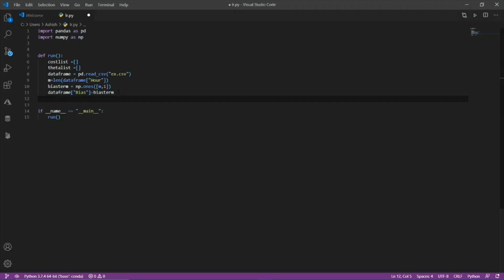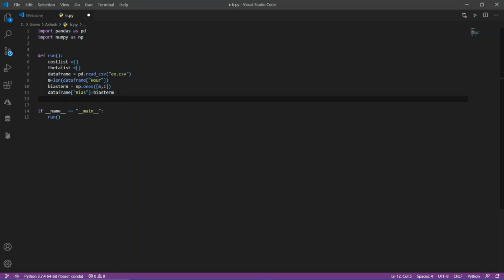Okay, now we need to pass our initial theta explicitly. So let's declare our initial theta, and I will pass 0. I mean initially theta naught equals to 0 and theta 1 equals to 0. And one thing, you must be clear about the dimension before coding.